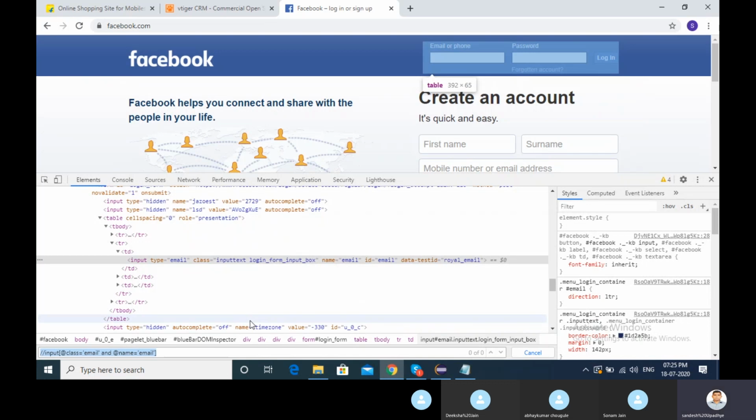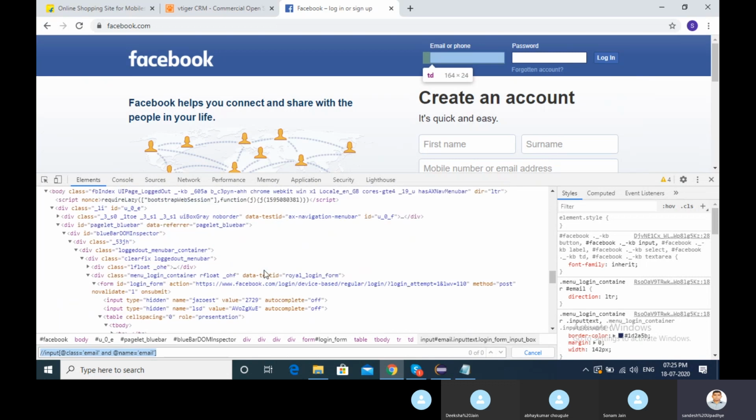Then, does anybody remember any other XPath that I need to explain to you? href, I will explain one thing.